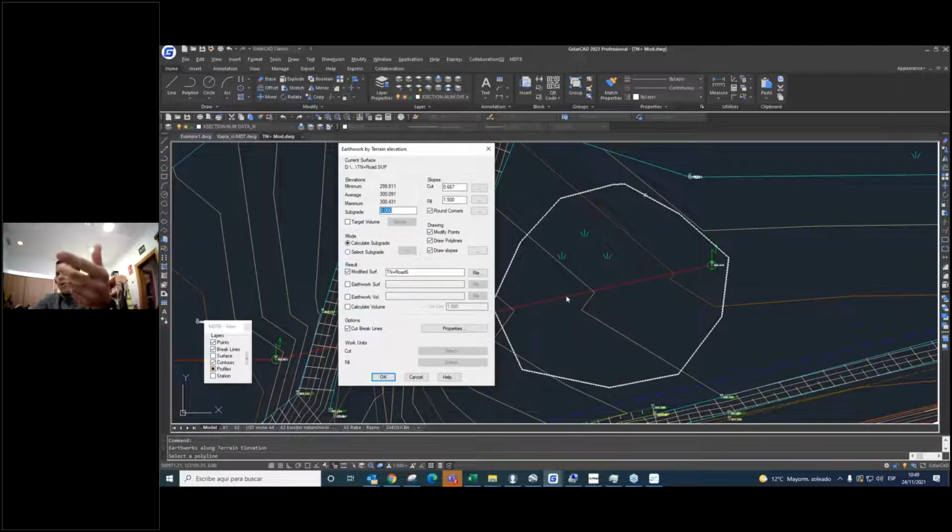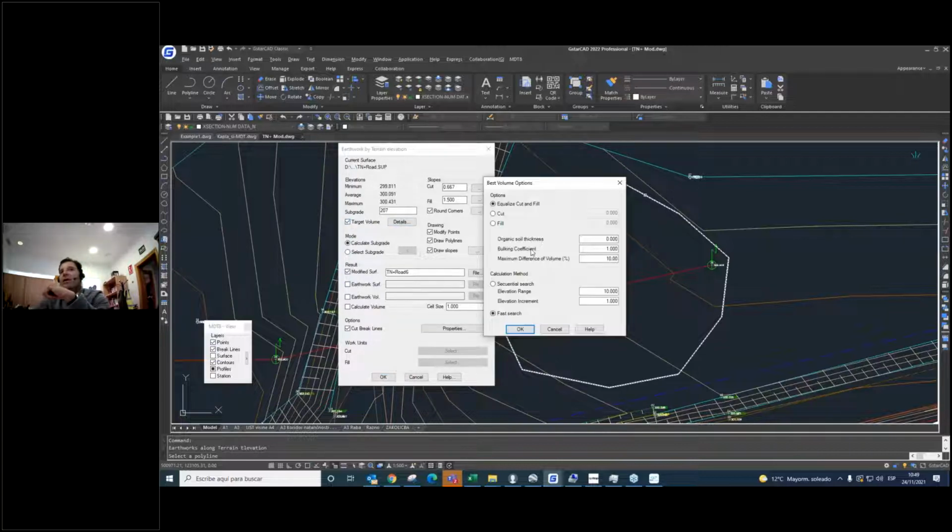We are going to use the earthwork in this area. For example, we have this elevation to analyze. I'm going to use a subgrade, for example, 207 to create the depth of the basin. A useful thing is to get a target volume in order to evaluate the earthwork or balance the cut volume and the fill volume. In this, the first option, equalize both of them, or maybe we need to use one target cut volume or one target fill volume.